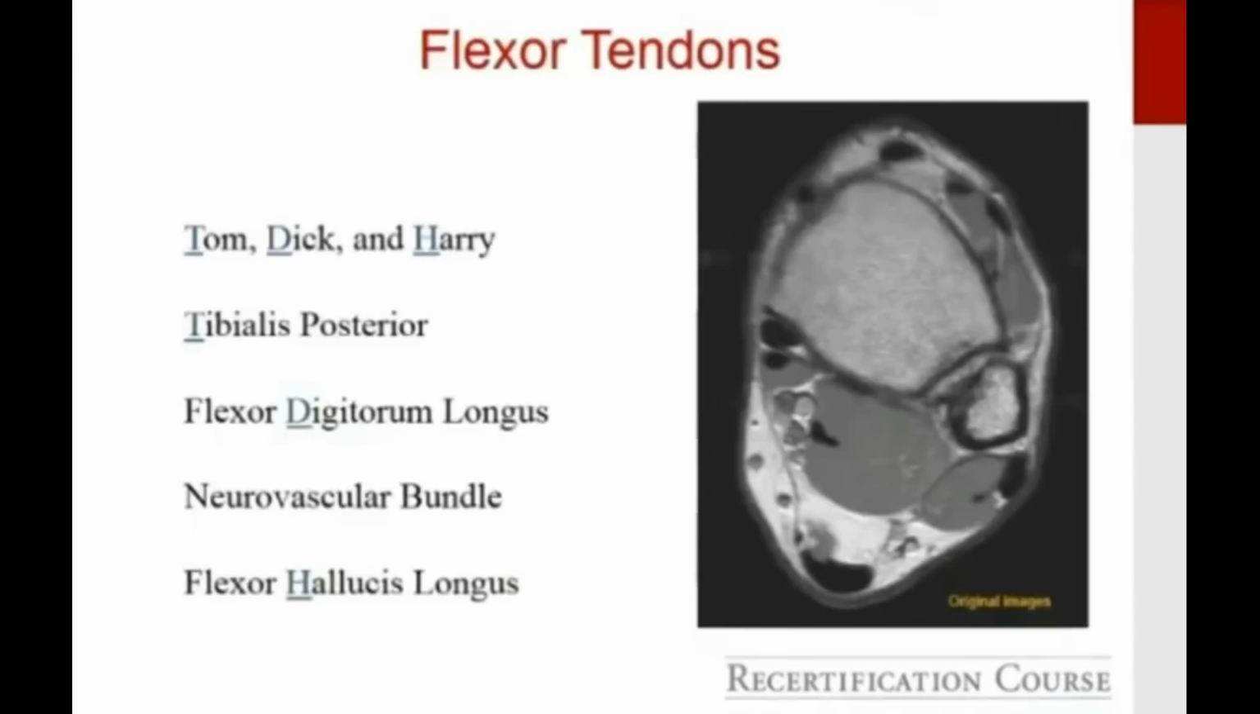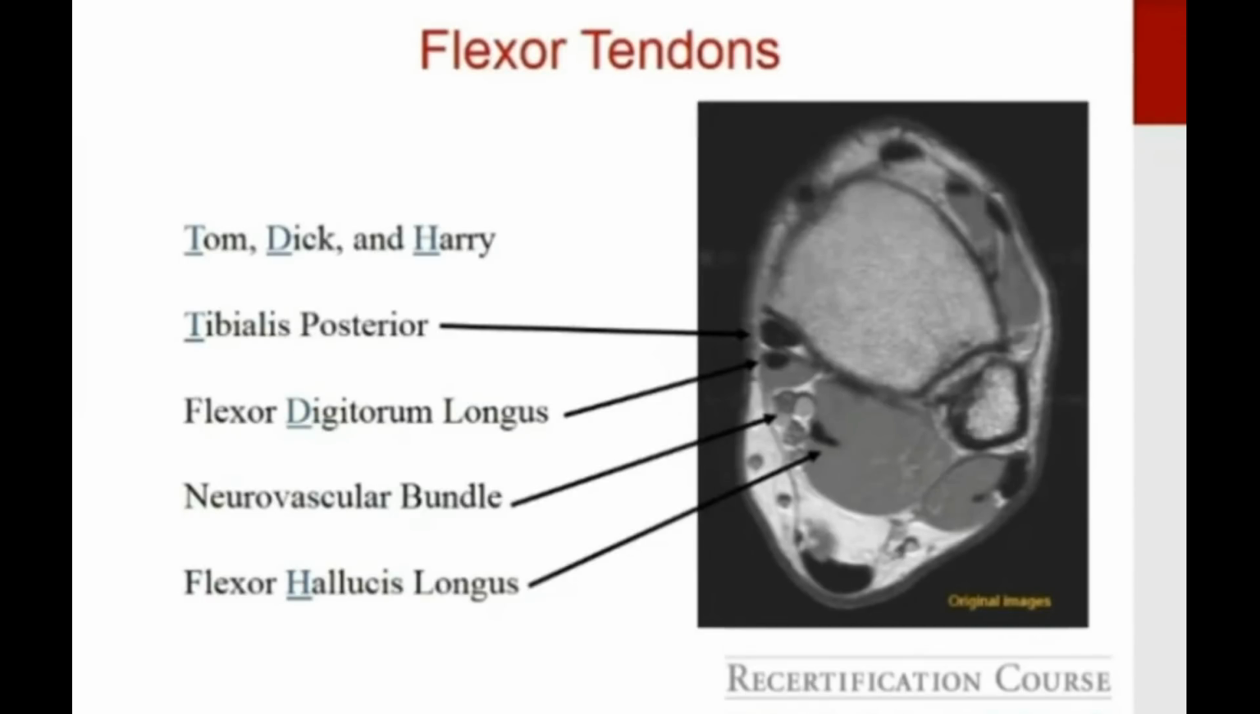If we're assessing the tendons at the level of the ankle, we often use the axial imaging plane, and you need to be able to identify which tendon is abnormal. In the medial compartment, we use the mnemonic Tom, Dick, and Harry: posterior tibialis tendon, then the flexor digitorum longus, and then the flexor hallucis longus tendon. And then we have, of course, the Achilles tendon posteriorly, the extensor tendons in the anterior compartment, and the peroneal